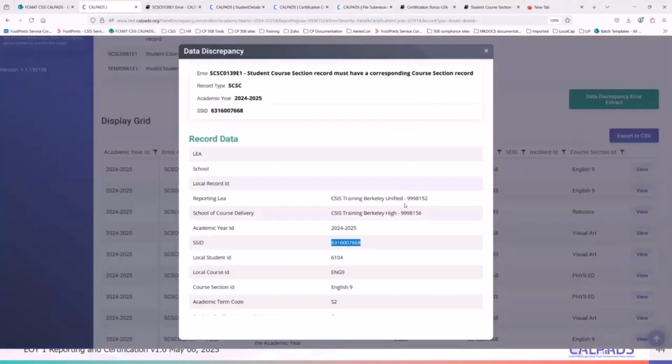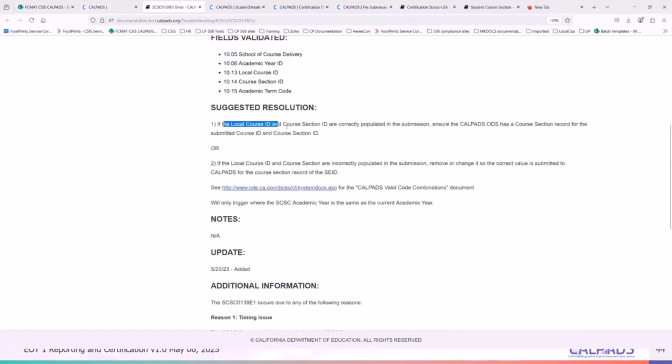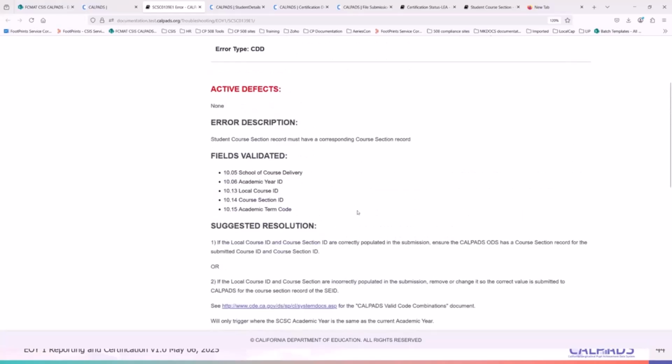So we go to the error itself. It says, if the local course ID and course section ID are correctly populated in the submission, ensure that the CalPADS ODS has a course section record for the submitted course ID. Normally the data element anchor would be your local course ID. Anything sharing the local course ID should have the same local course ID on the SCSC file.